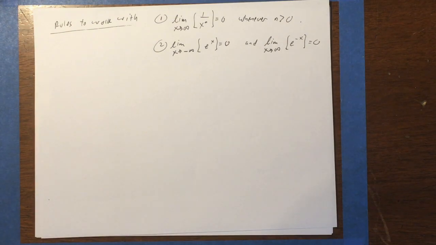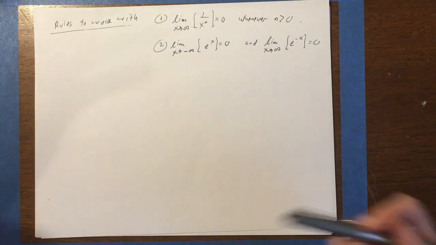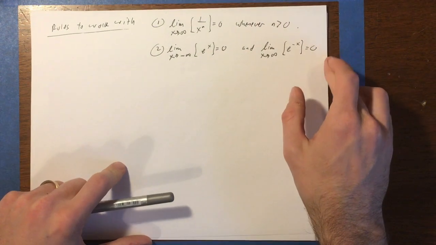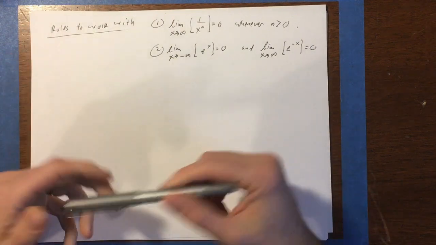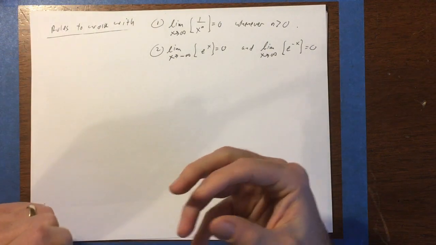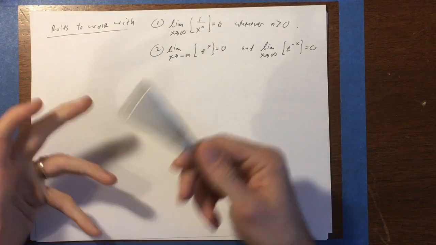All right, let's do some examples. So, first of all, here's a couple of rules to work with. These are just a couple of basic rules that come from some very basic functions like power functions and